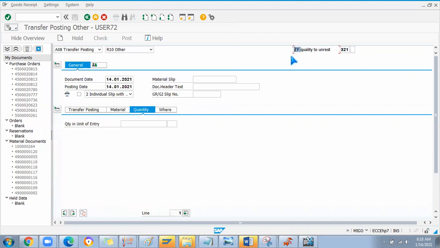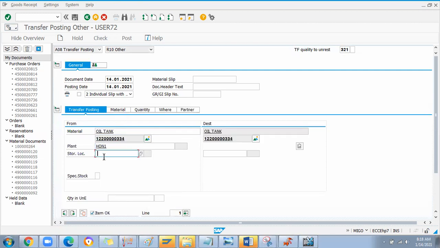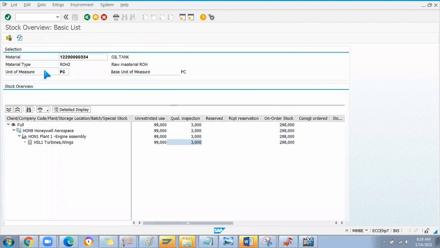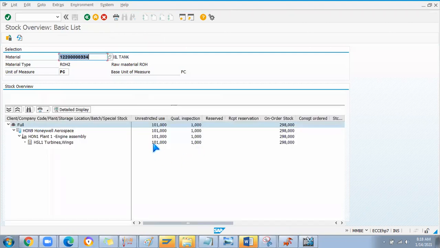By this description you should understand the transfer posting that happens, from quality to unrestricted use, 321. Reversal is 322. I'll enter the material number, plant, location, and the quantity I'll put as 2. Check it and post it. If I refresh now, this will be moved to unrestricted use.